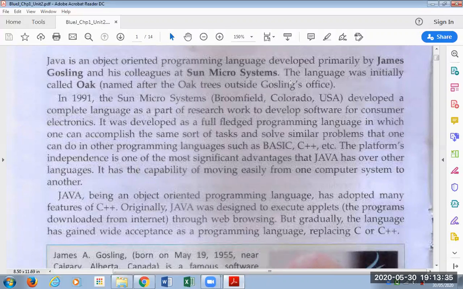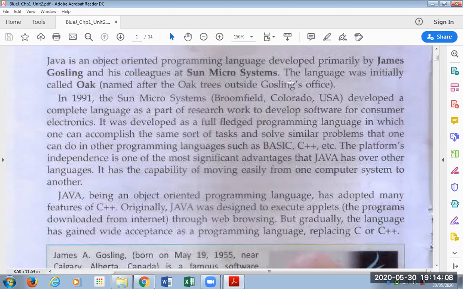That could be an air conditioner, a washing machine, a television set. Yes, there are programs in these electronic devices, and these programs were originally written in the Java programming language. So Java was developed keeping these kinds of electronic devices in mind. It's called embedded technology. Embedded, putting these programs inside these electronic devices.